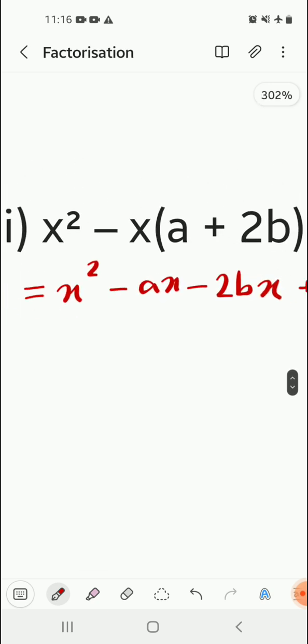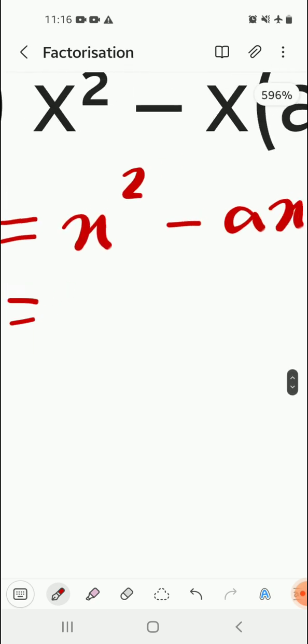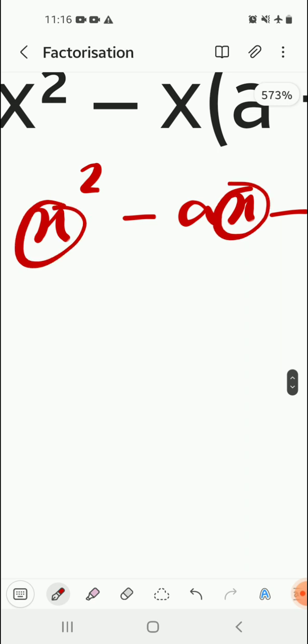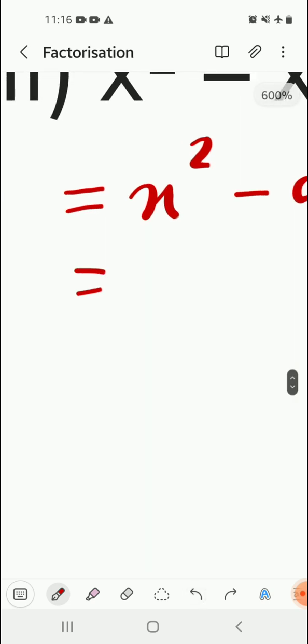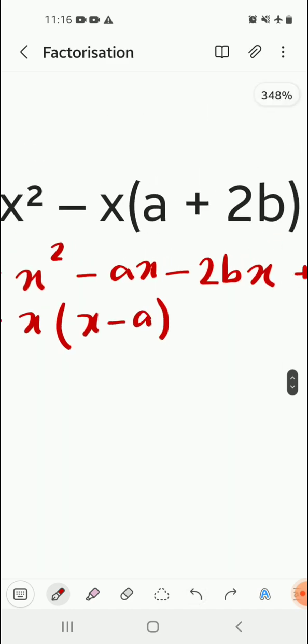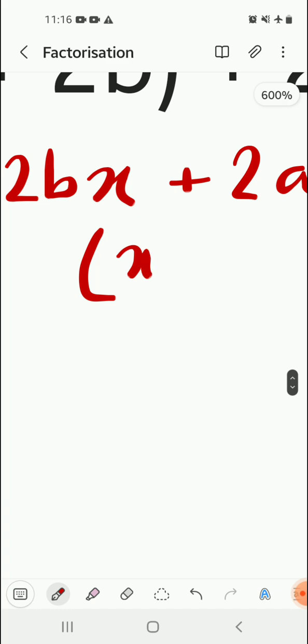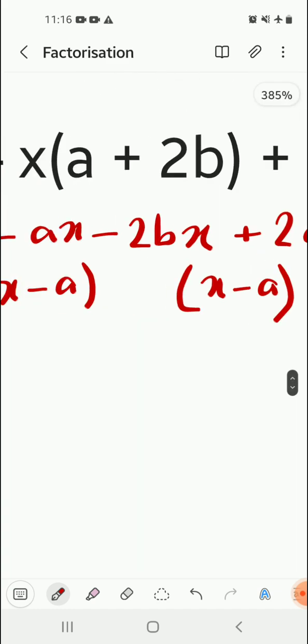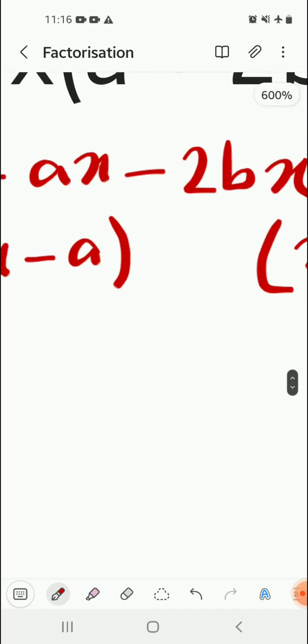Now in the first two terms, find the common one. This is of course x. Here we have got x and here we have got an x. So x. Whatever we are left with is x minus a. Since we have got x minus a, it must be x minus a over here as well. Now see, multiply this with